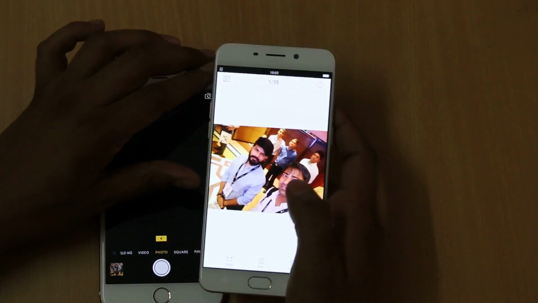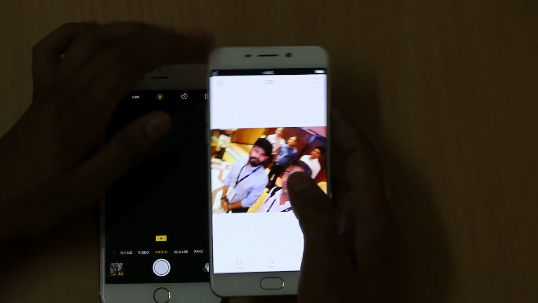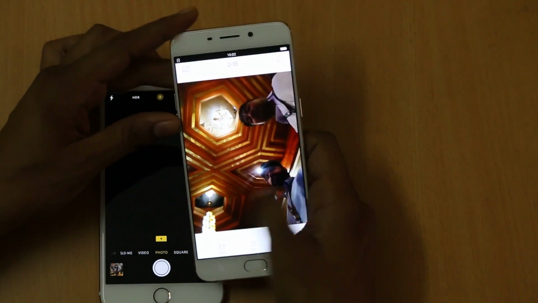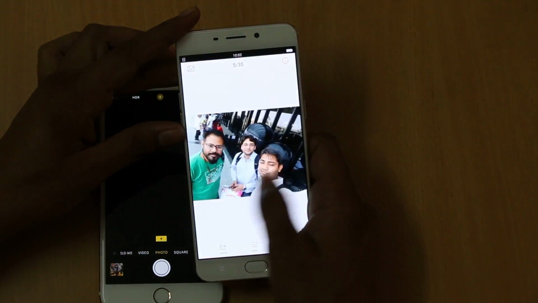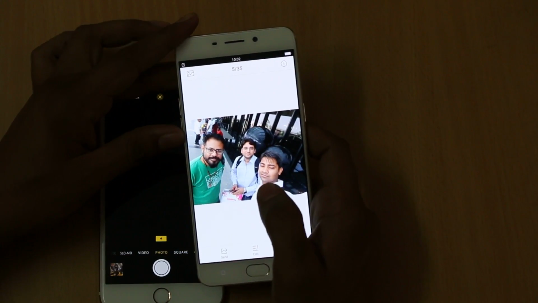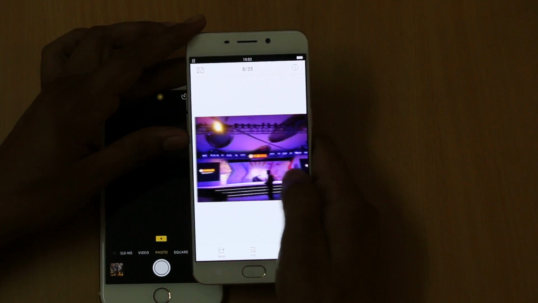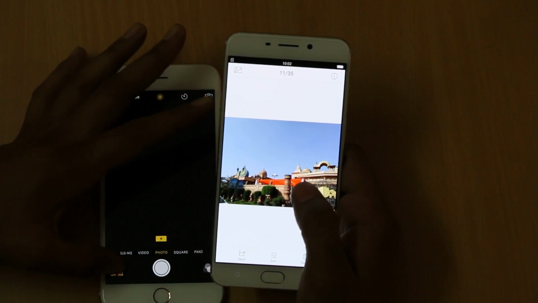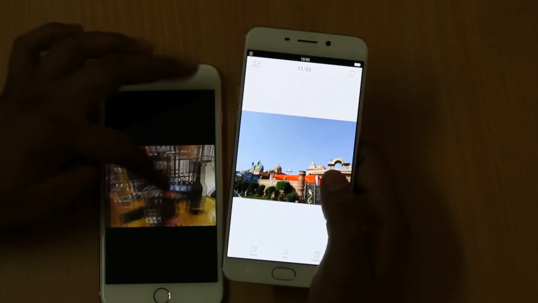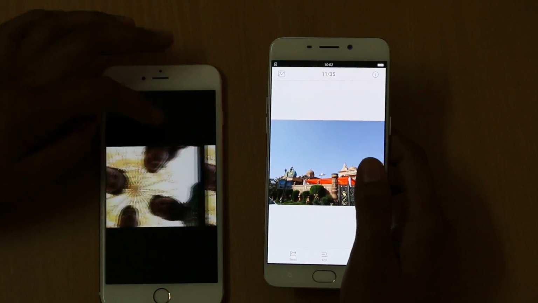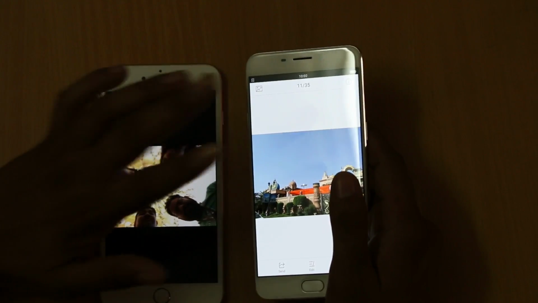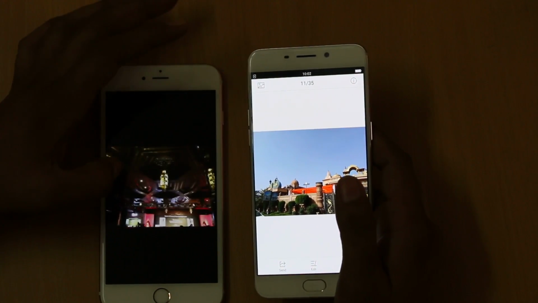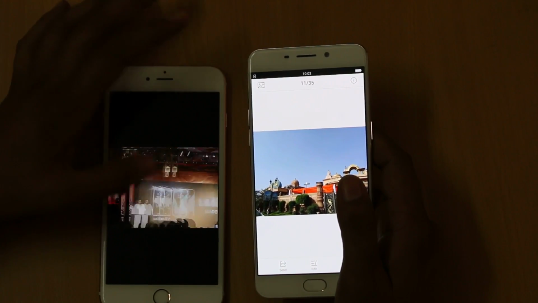Just for your information, as you can see, these are some of the images taken with the Oppo F1 Plus, and you will find that images come out really good in low light and daylight. And when compared with the iPhone 6s Plus you will find that the images clicked by the Oppo F1 Plus have better clarity when compared to the 6s Plus.